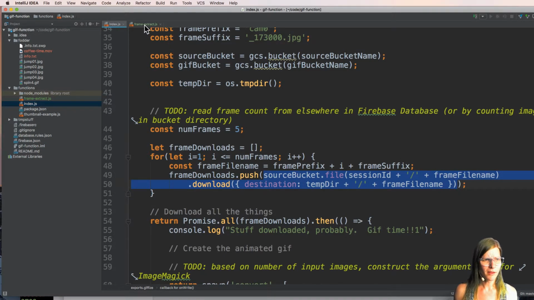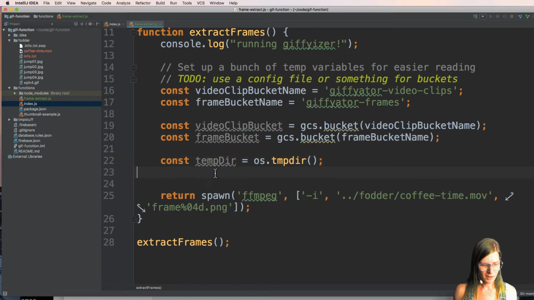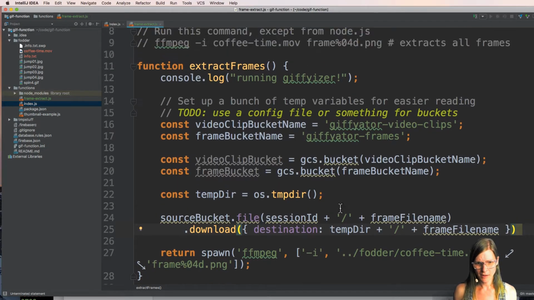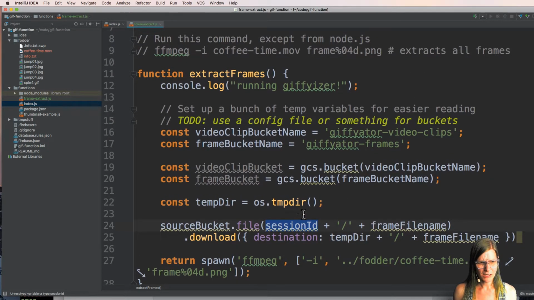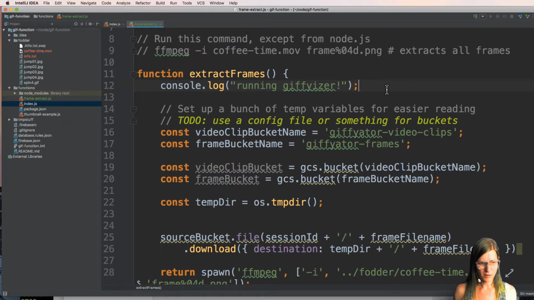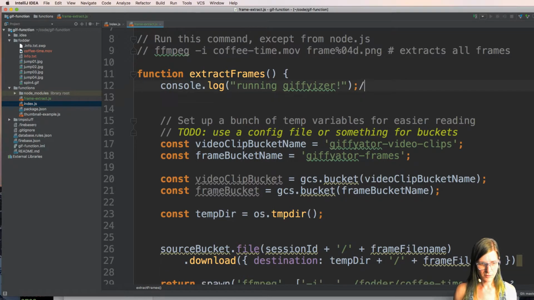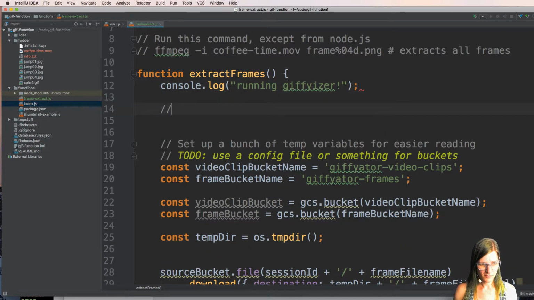So we'll grab this. We're going to create our first promise, which is just going to be downloading. So our session ID, which will be hard-coded for now. So create a to-do so we can know to clean this up later. Get session ID. Get these hard-coded values